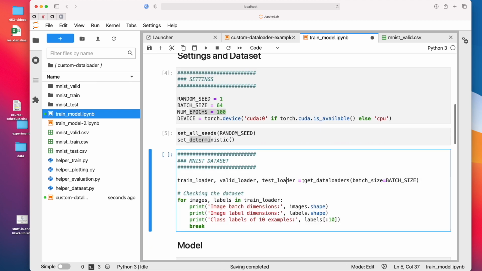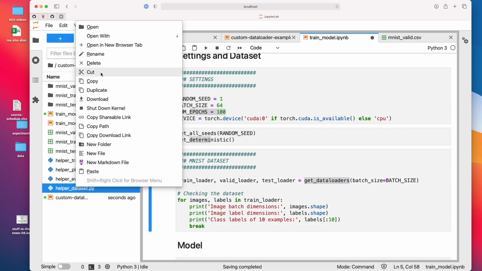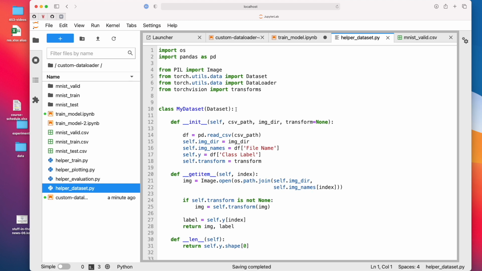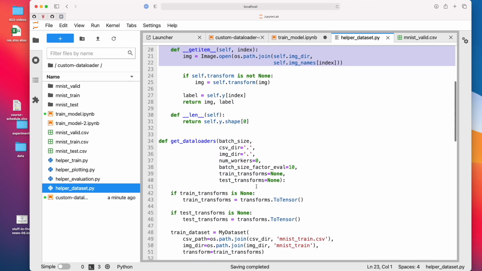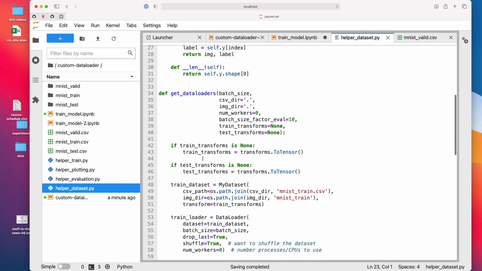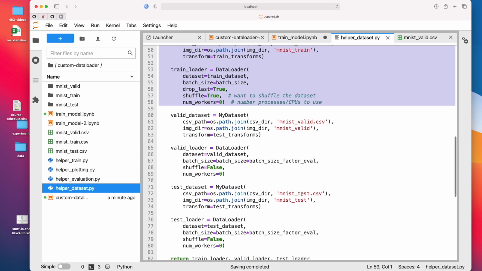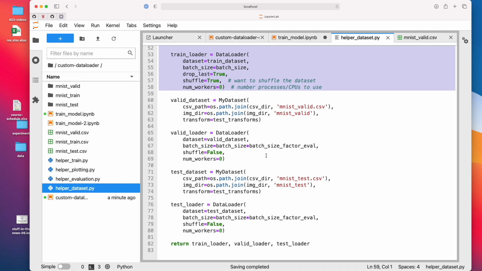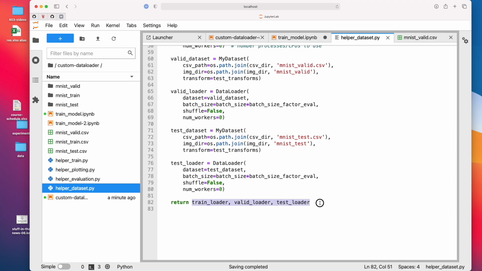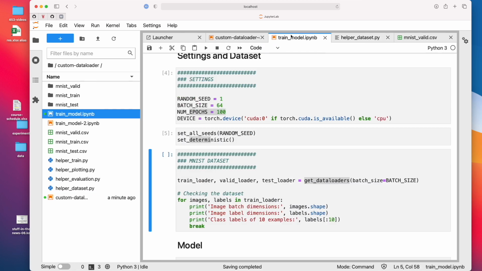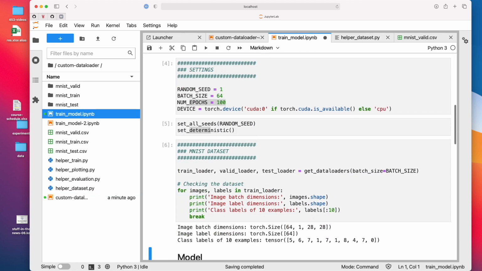And here I have a get data loaders function that actually uses the data loader from the previous notebook that I showed you. I just put it into this script here. Now I have my data set here. And I have written a get data loader, which will set it up for me automatically. So that's basically just a slightly modified version of what I've showed you in the previous notebook, where I just have arbitrary paths and stuff. And then it will return the training loader, validation loader, and test loader. And here I'm just testing that they actually work.